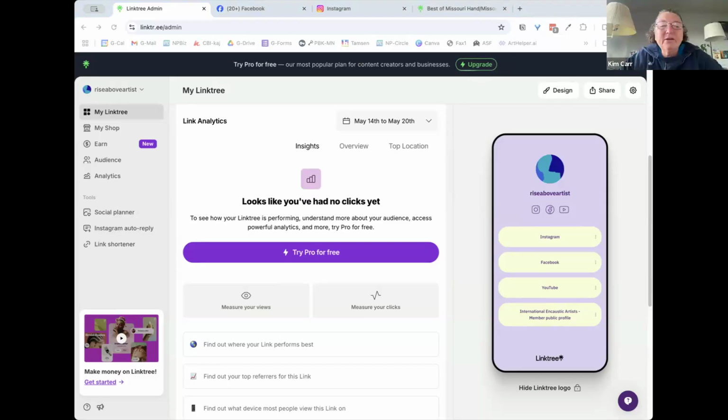So basically, by creating the one link in Linktree, someone can click on it and it will take them to this where they can access all your links. So okay, if I was to take,